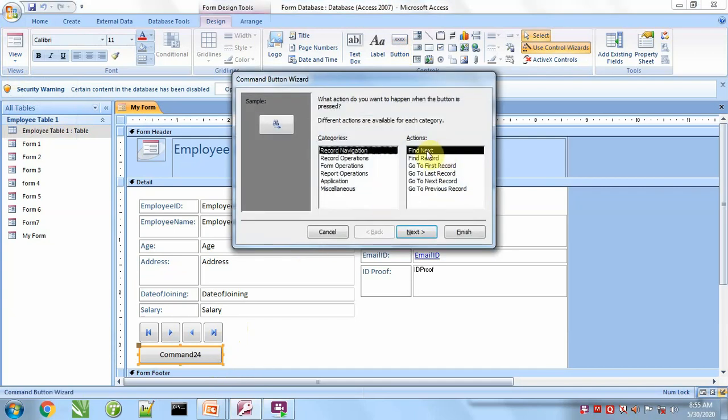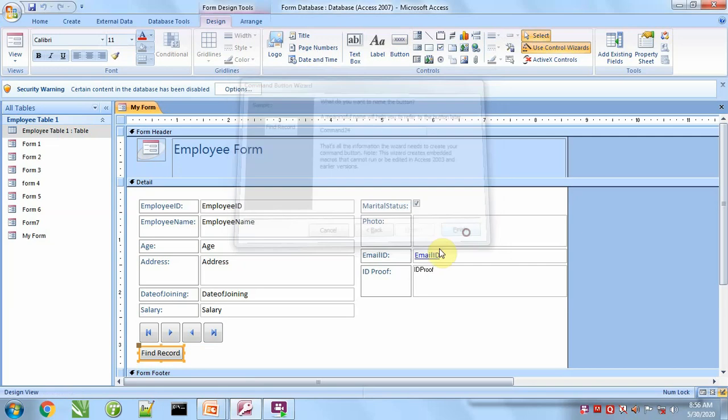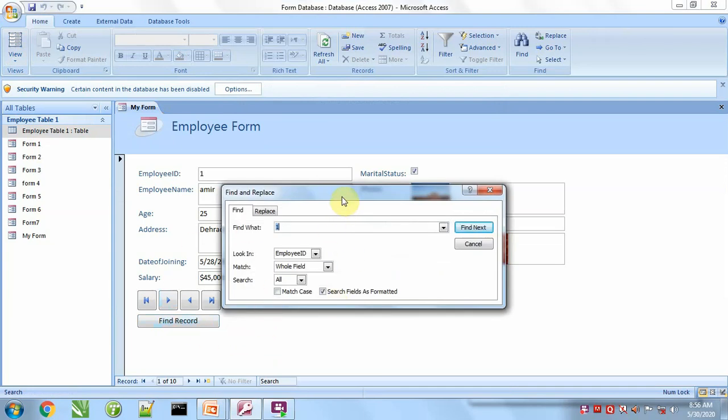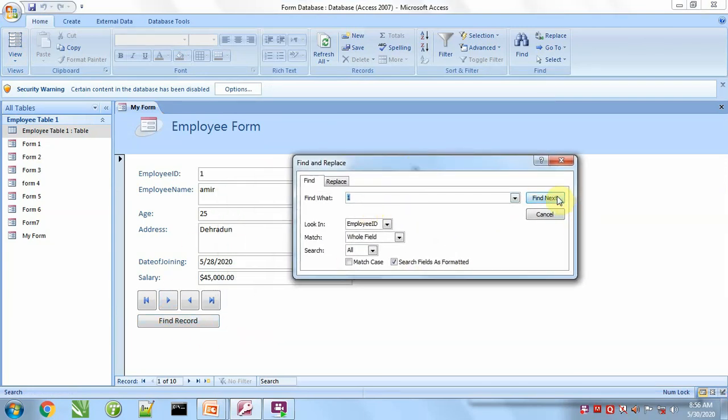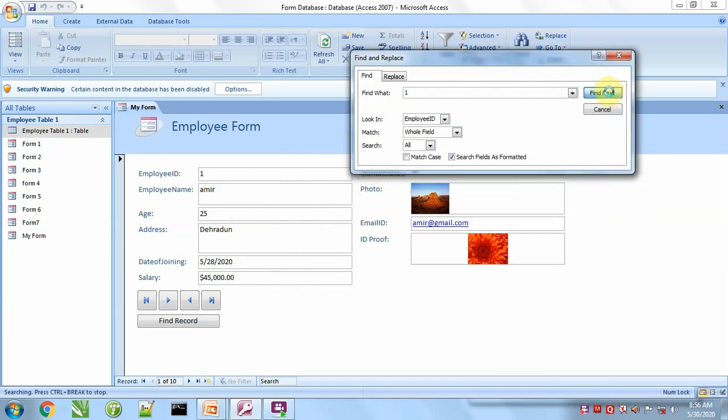There is one more action, that is find next and find record. Find next I'm dropping, will take find record. Next, find record. We can take this symbol or can take text like this. As soon as you click on find record, this dialog box will open, and we can see here the find next button is already present. Like if I want to find 1 in this data, we'll click find next.